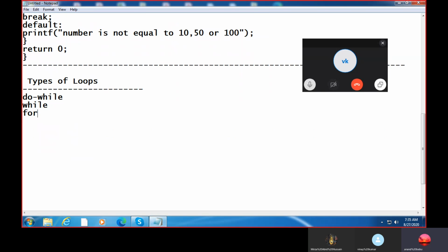See, looping simplifies complex problems into easy ones. Okay, it enables us to change the flow of the program so that instead of writing the same code again and again, we can repeat the same code for a finite number of times.